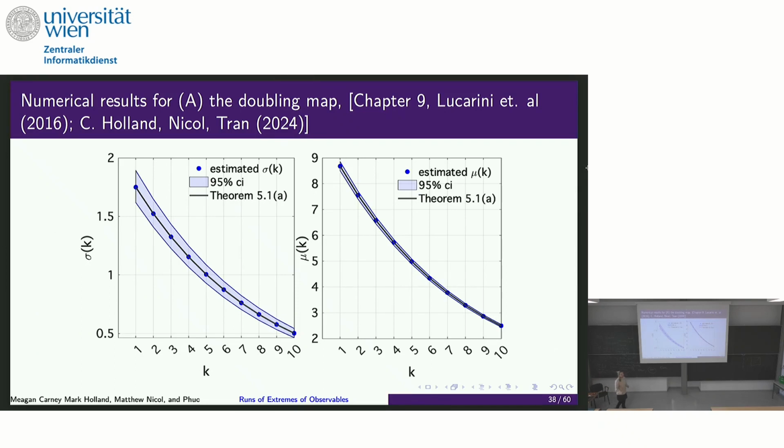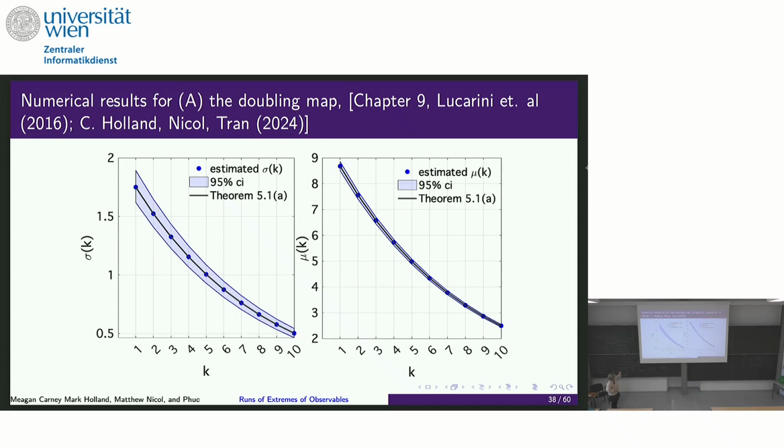So I mentioned that I'm really interested in the numerics part of this, which means that I can't help but run numerics on these things. Before I get into this, I'd just like to point out that we do have to use some results that were really paved by David Faranda, but people like Valerio Lucarini and Gladilo do a lot of work in this area as well. For those of you who are interested in how we can trust the numerical results we get here for chaotic systems, where we obviously have some error in numerics, chapter 9 of Extremes and Recurrence is a really nice start for that.